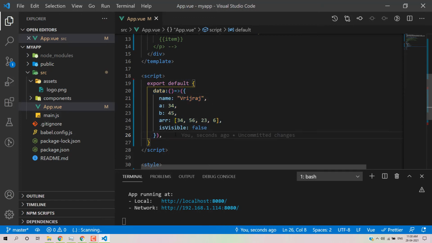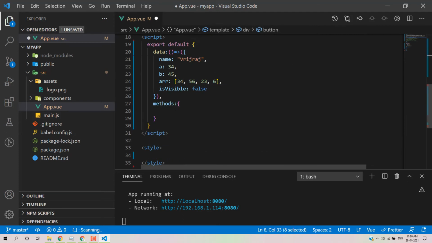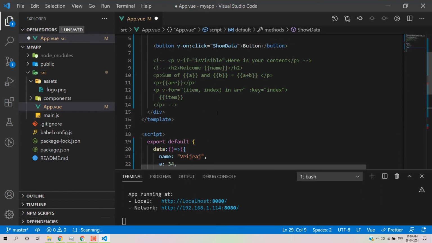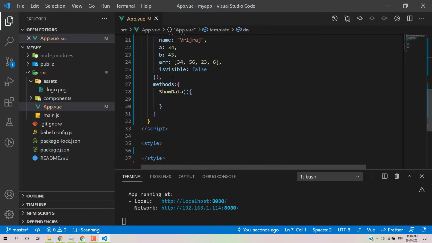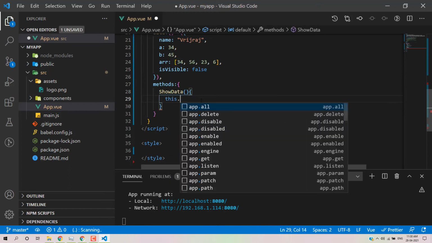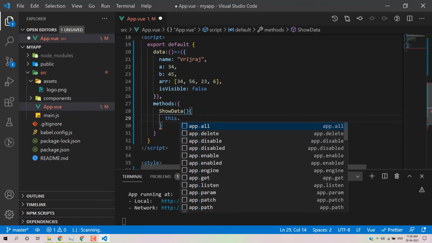So data is a function, so that's why small bracket. Here we can write a console.log, or here what I'll do, I'll just uncomment this part, and I will change the value of this variable. So how we can do that? So this dot, with the help of this symbol you can access this particular variable. So I'll use this.isVisible, whatever the value, I will change the value. Okay, like true to false, false to true.